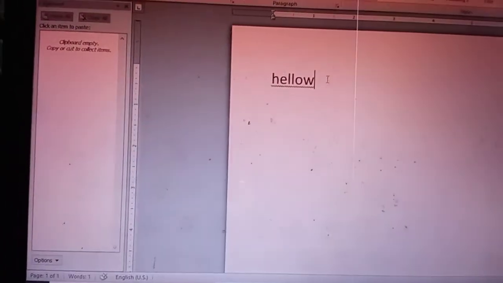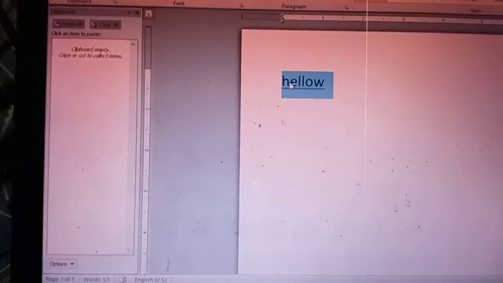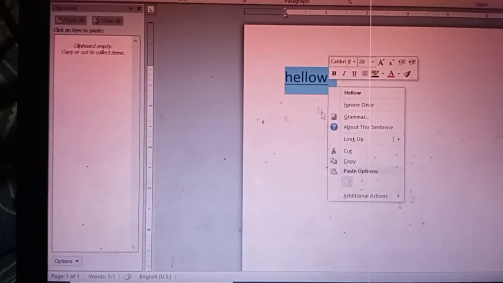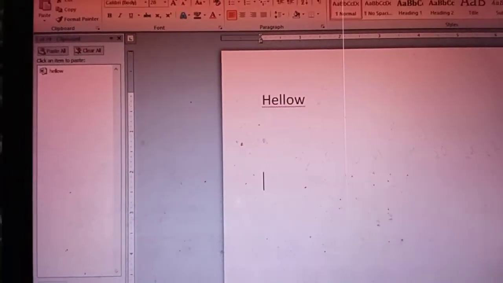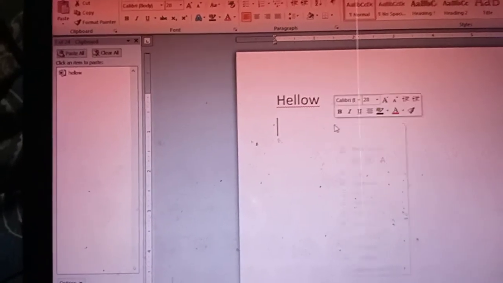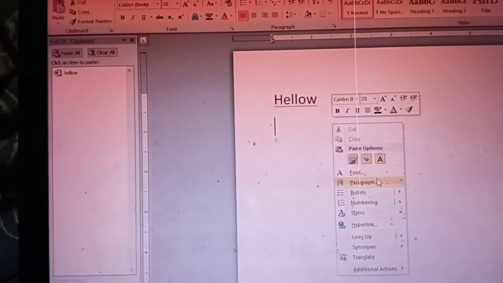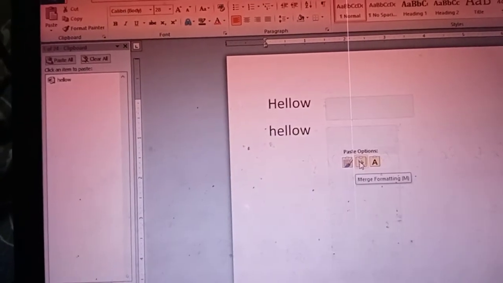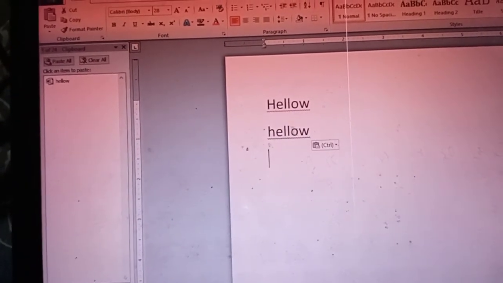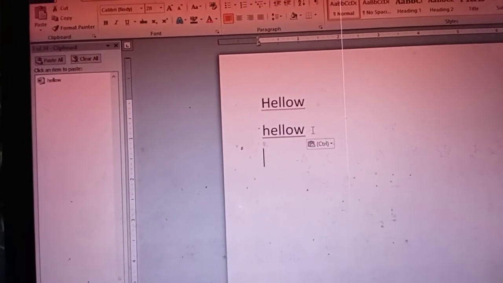So here, look at that. If you want to copy this, first you need to select this, then just right click the mouse, and you can see one copy button. After copying, move to the specified location, then right click, and one paste option is there. Look at that paste option. After pasting, you can paste here. So this is called copy and pasting.